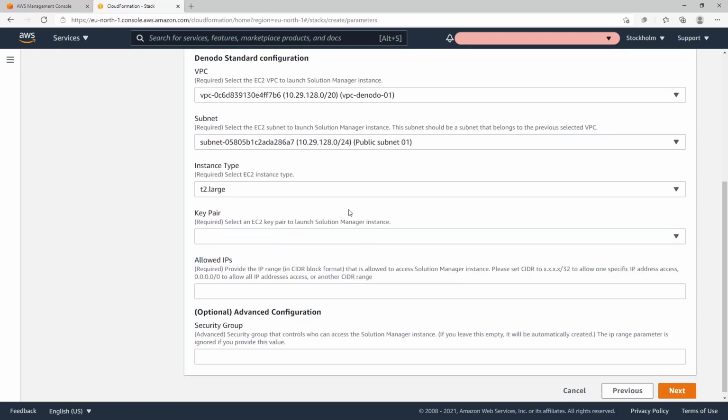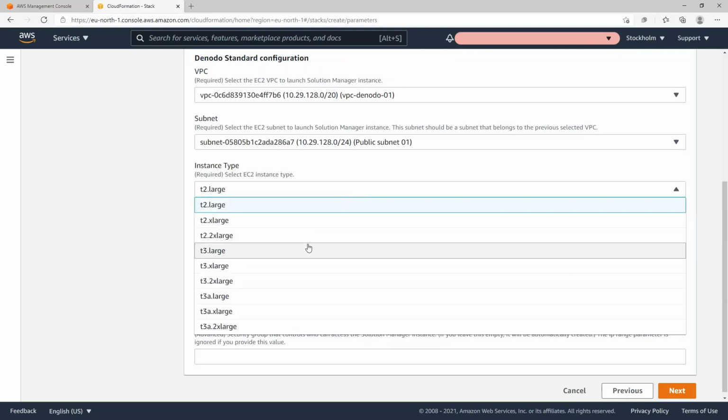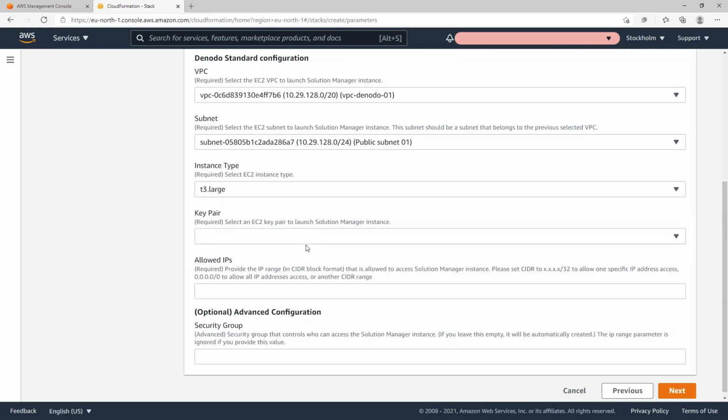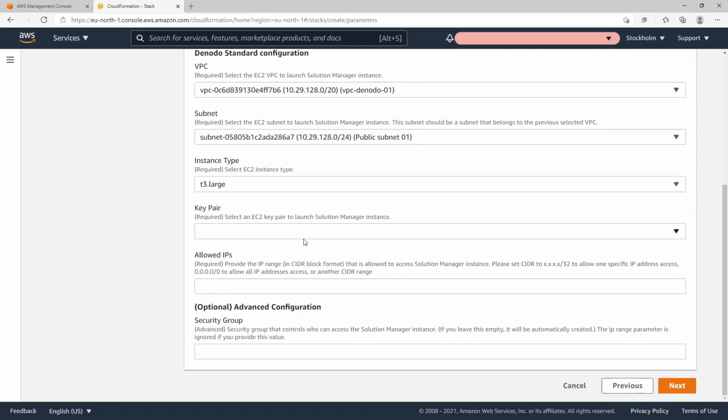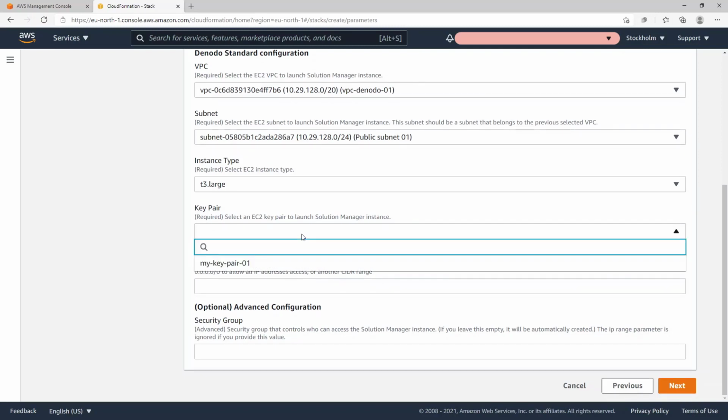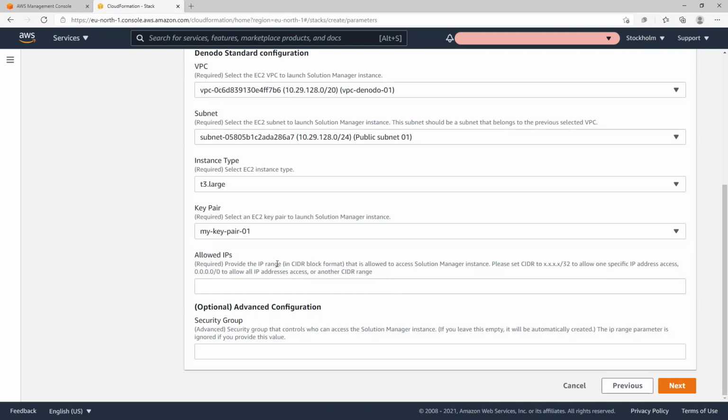Then, select the instance type. In this case, I will choose T3 large as T2 large is not available for this region. Then, select the key pair. In this case, my key pair 01. Remember that if you don't have one, or you want to create a new one, you can check how to do it in the link to the corresponding Amazon documentation provided by this Denodo manual.